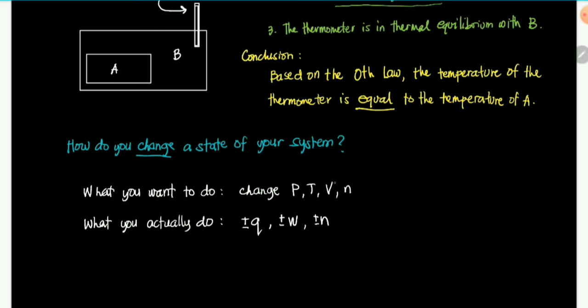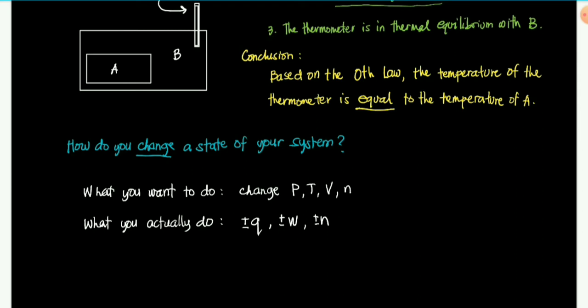Okay? So, ganun din sa volume. If you want to increase the volume, you need to make the system do work to the surroundings. So, negative yung W, mag-increase yung iyong volume. Tapos, kapag gusto mo nang bawasan yung volume, positive work. So, you will perform work into the system. Okay? So, that's how